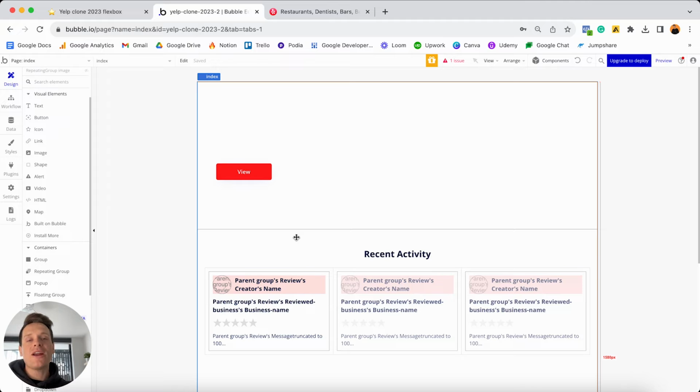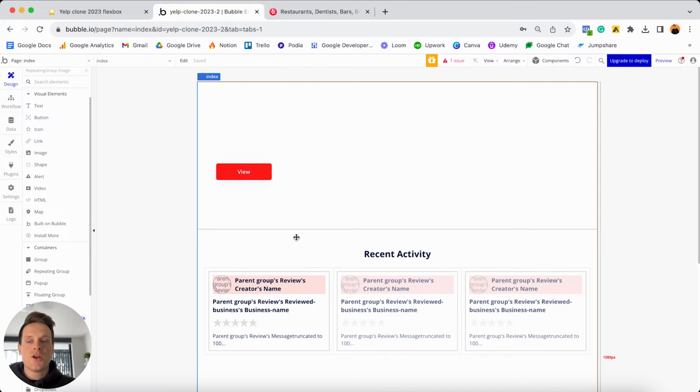And if you are brand new to Bubble, the concept of a reusable element probably just sounds like another foreign language. But don't stress, it's a super straightforward feature. And so what is a reusable element? As the name would suggest, a reusable element is an element that you can create once and reuse across any